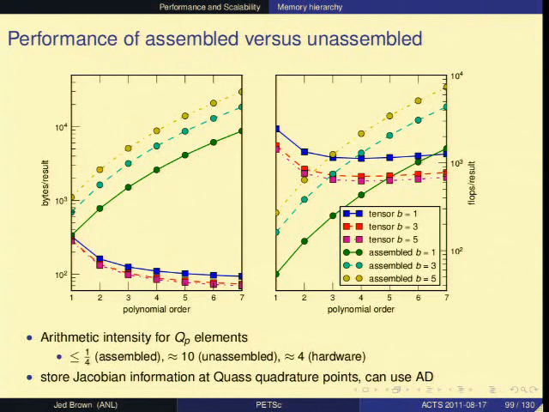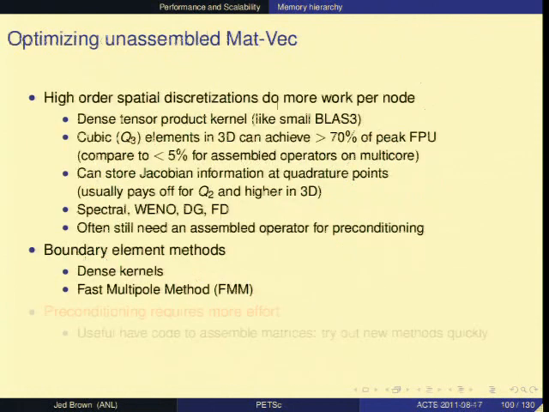And the same in terms of flops. So as soon as you go to second or at least to third order, the difference between these is so big, and actually the crossover in flops is pretty close, that the unassembled methods can win quite a lot. So arithmetic intensity, this is flops per byte, is at best 1/4 for an assembled method. Even for a dense linear algebra, it's 1/4, and you get about 10. So if the high order was buying you anything, then I think this is a useful approach.